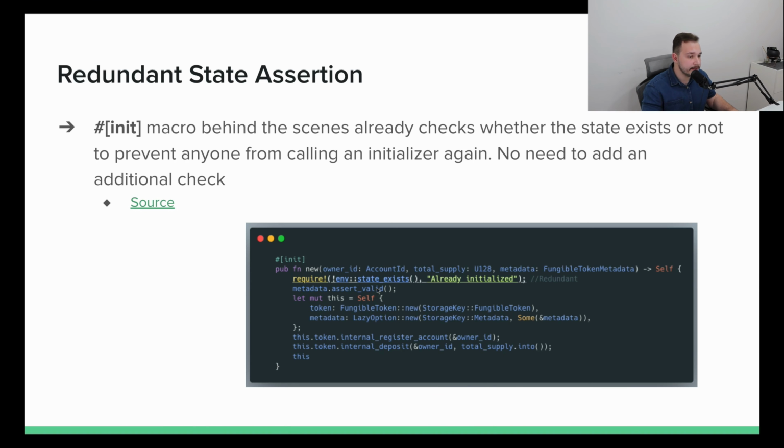Hello everyone and welcome to the last video in the NEAR smart contract security series. In this video we'll go over tips and best practices when it comes to NEAR smart contract development and security. The first thing is we don't have to use state assertions in initializers because we already have the init macro